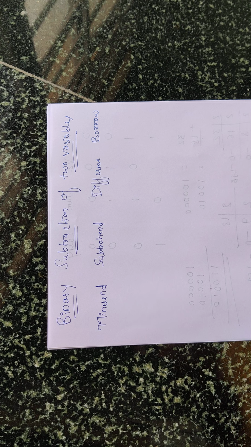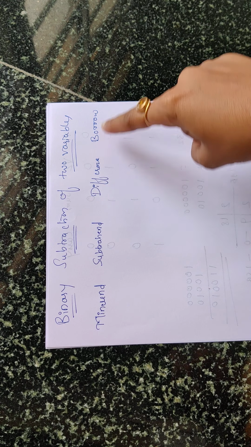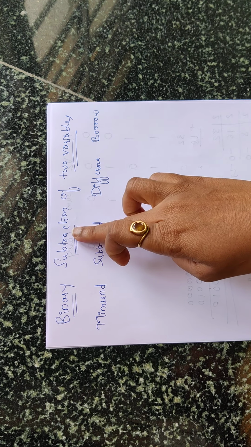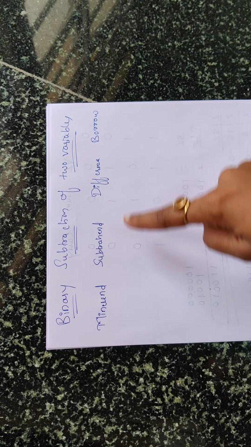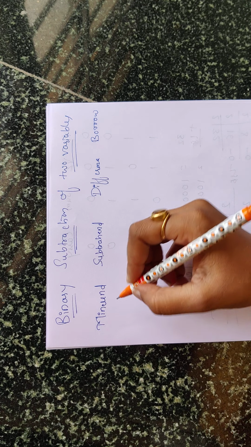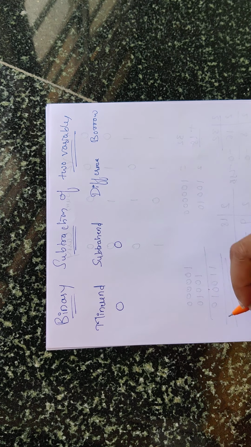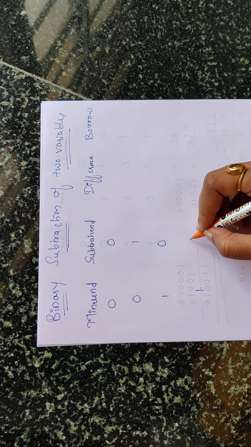Now we'll see the combinations for your minuend and subtrahend. When you are doing addition, we call it value 1, value 2, sum and carry. When you are performing the subtraction operation, you have to call it minuend, subtrahend, difference and borrow. So remember these concepts. It is not like your addition. The concept changes a little bit. That point you have to remember. Done. So we'll see the combinations 0 0, 0 1, 1 0 and 1 1.